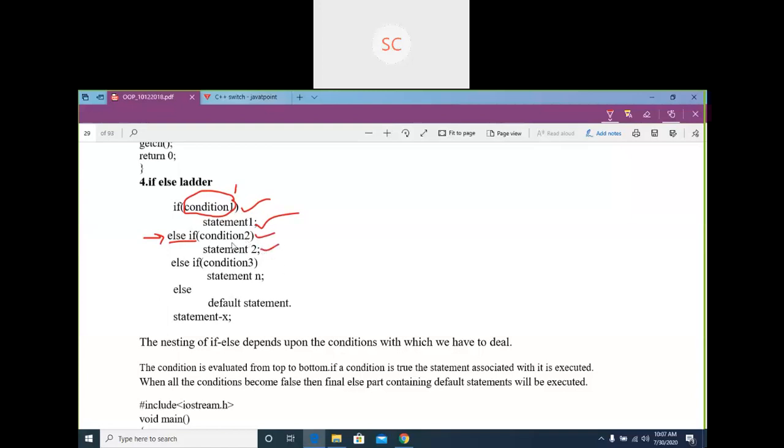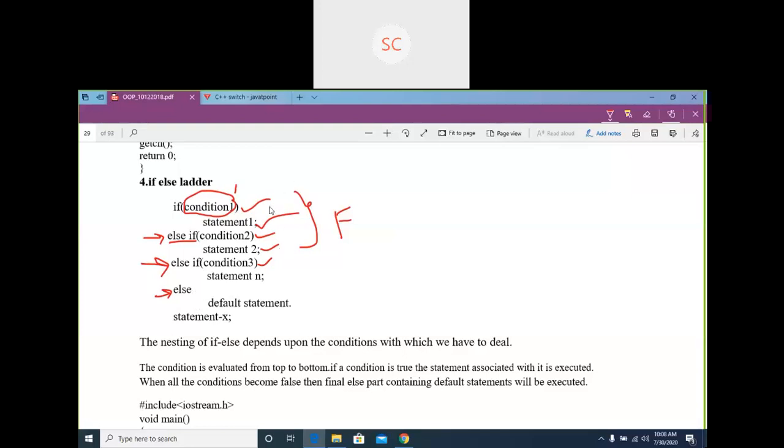Suppose this condition is false, it will look for the next condition, else if condition 3, else if condition 4. Like that you can write n number of conditions here. Finally, suppose all the conditions mentioned above are false, then directly it will execute this else block. This is the default.